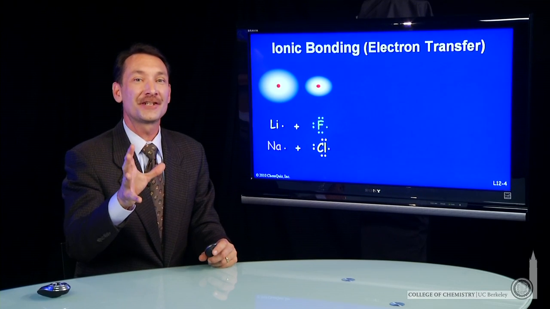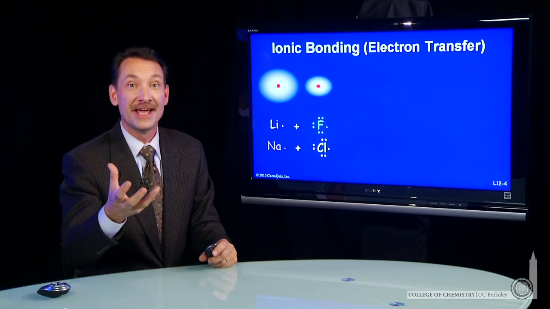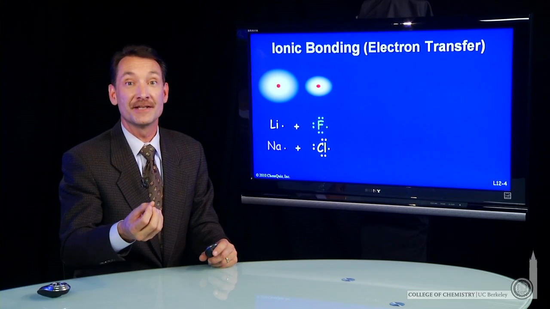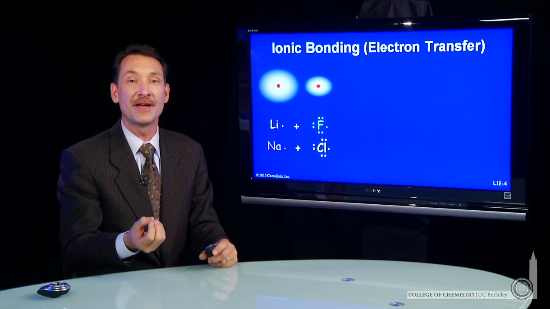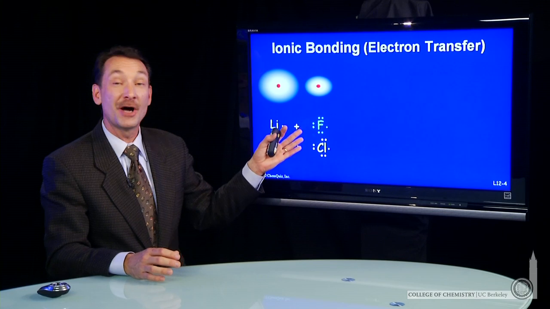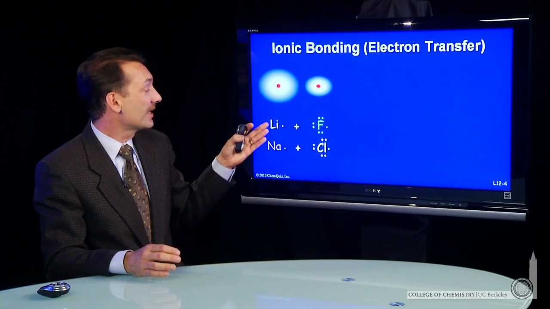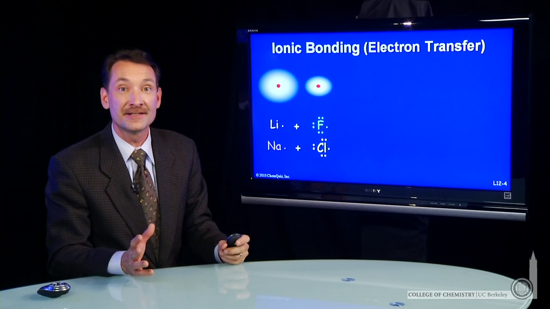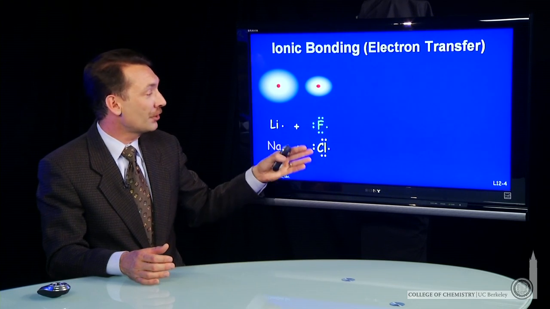Let's look at the valence electrons of some atoms and see how they participate in bonding. Now, we've talked about several kinds of bonding, ionic bonding and covalent bonding. Let's look at ionic bonding first. If you look at lithium and fluorine, sodium and chlorine, and their valence electrons, you'll notice that fluorine and chlorine